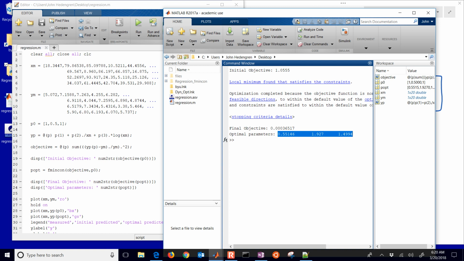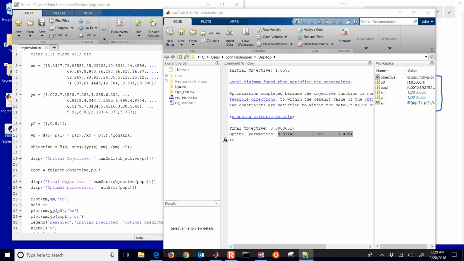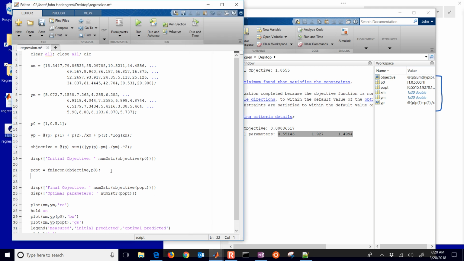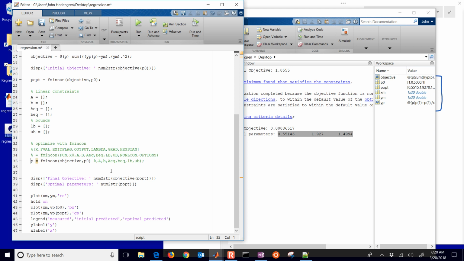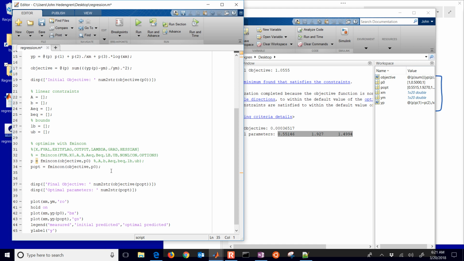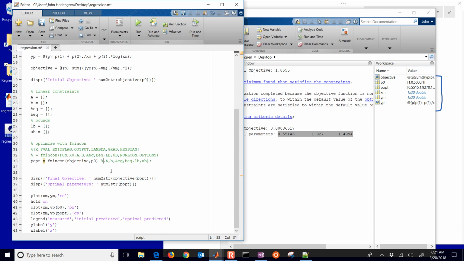So if you want a constraint, there's a couple additional variables or parameters that you need to put into fmincon. So I'm just going to copy in some of the more complete documentation here for fmincon. So that's the simple way that we used it, with just the initial parameters and the objective function. But if you want to access things like upper and lower bounds, and other things that are in fmincon, you can do that by just having p opt equals fmincon there, just like we had before. But then we can also have